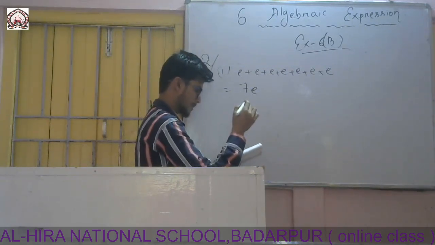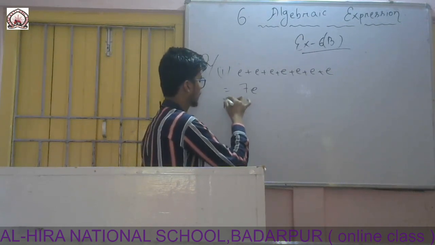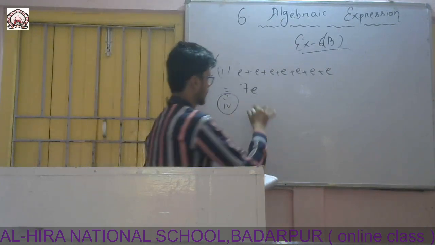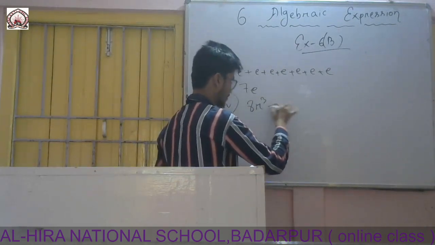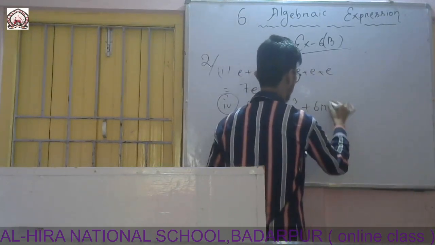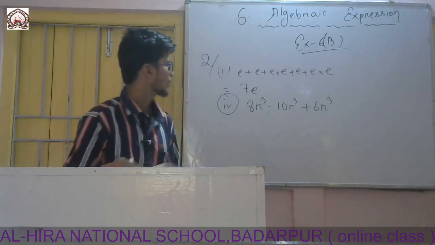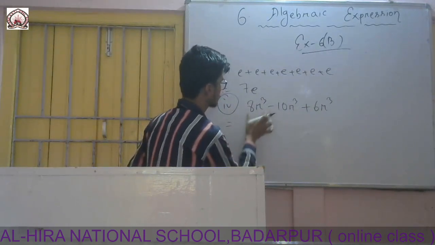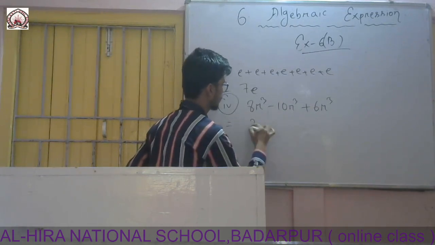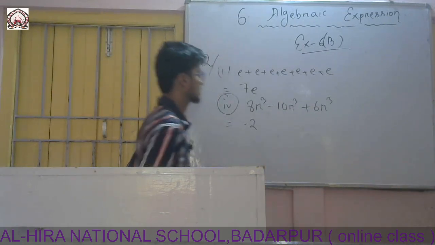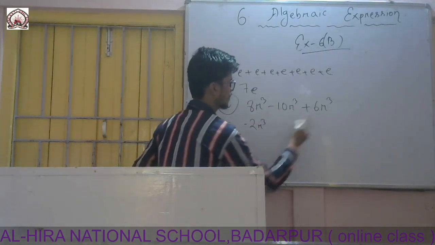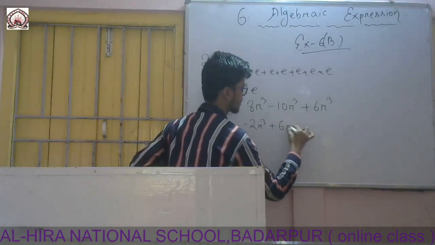So Roman number 4 I will show now. Roman number 2 and 3 are the same, you just try. Roman number 4 is 8r cube minus 10r cube plus 6r cube. First of all you do this part. Plus minus is minus. 10 minus 8 is 2. Which one is greater? 10. So I will put the sign of the greater number, it is minus, and the variable part will be same. The part left, I will write same, 6r cube.